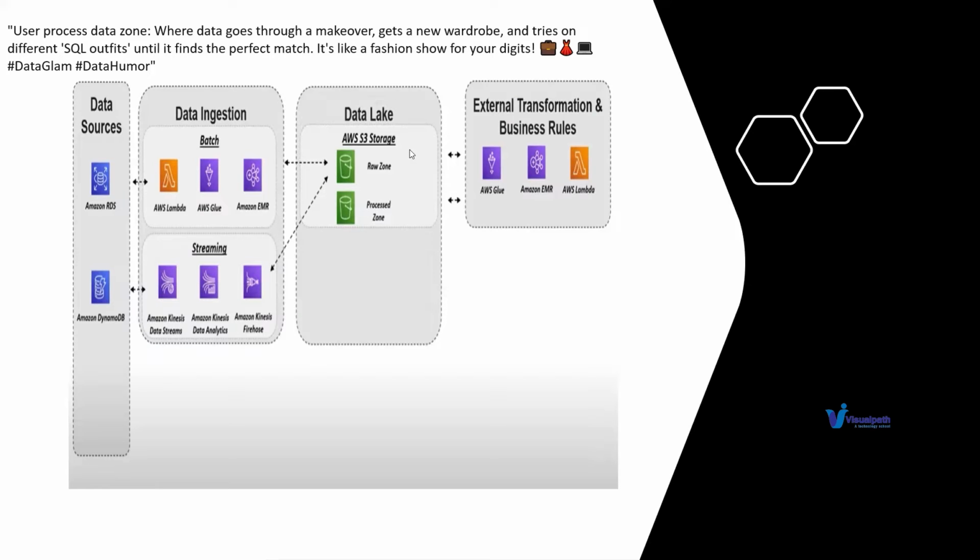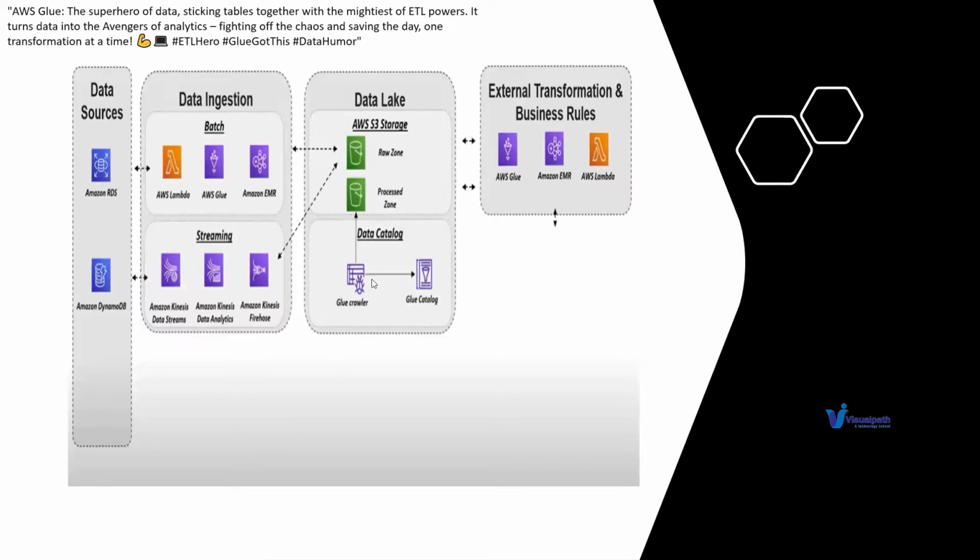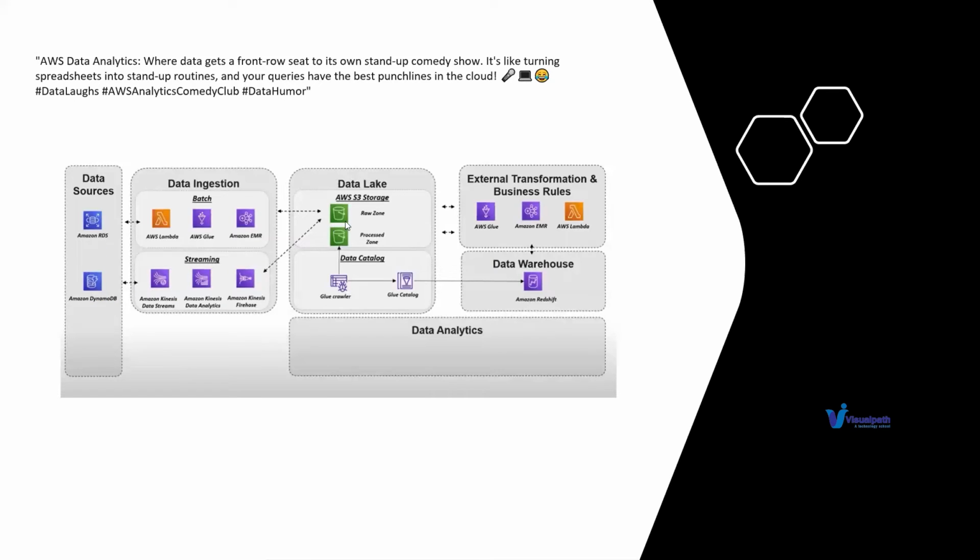Okay, so that means that in AWS S3 storage, we are going to keep all this particular data like this. Once this data is kept, for maintaining all this metadata, we use something like a Glue data catalog. The data catalog is for maintaining all your metadata here. And this is the place where we use these particular tools for processing this data.